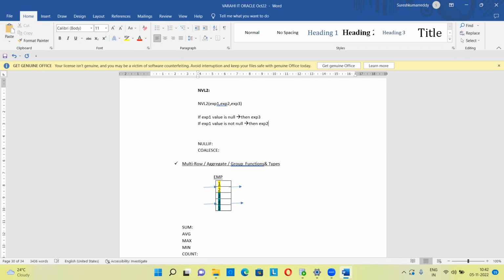Very simple. In the case of NVL, what is happening? If expression one value is null, then I'm taking expression two. I'll take some value. If expression one value is not null, meaning some value is there, 300, 400 for example, then I'll take whatever the value is there. Okay, but